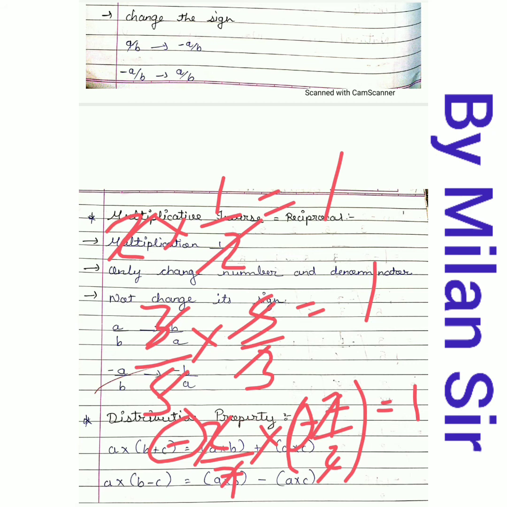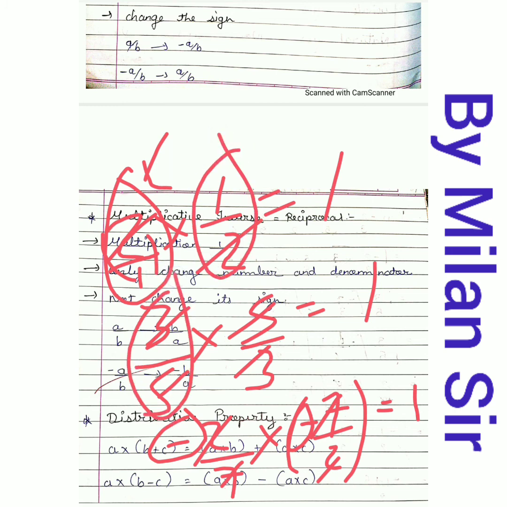That means the multiplicative identity. So what do we need to do here? We just need to change our numerator and denominator. If I have 2 here, it means 2 by 1. If only 2 is given, we can write 1 in the denominator. So 2 by 1, right? Just change the numerator and denominator. So 1 in the numerator and 2 in the denominator, 1 by 2. If here 3 by 5, just change the numerator and denominator. It is the multiplicative inverse, 5 by 3.